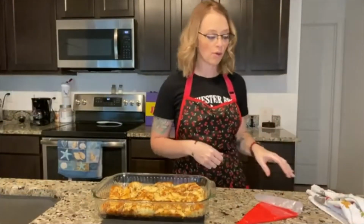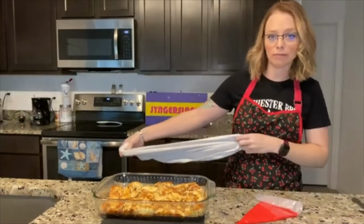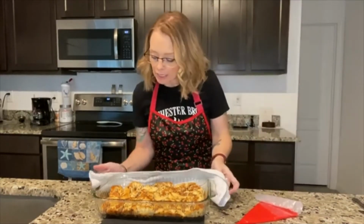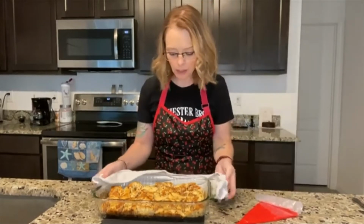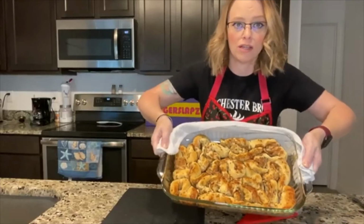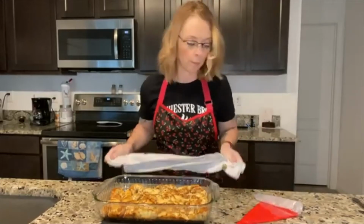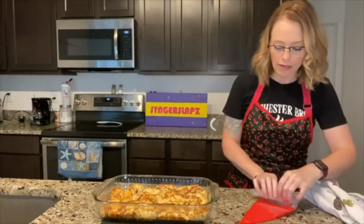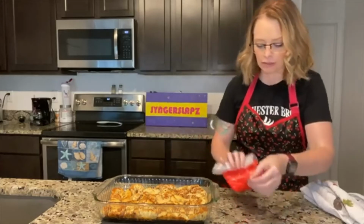All right, so our intestines are cooled off enough where we can throw our blood on it. All right, so after baking for about 12 minutes total, this is what we got for our intestines before adding the red icing. So, all right, so I already got my icing in the piping bag here. And we're just gonna